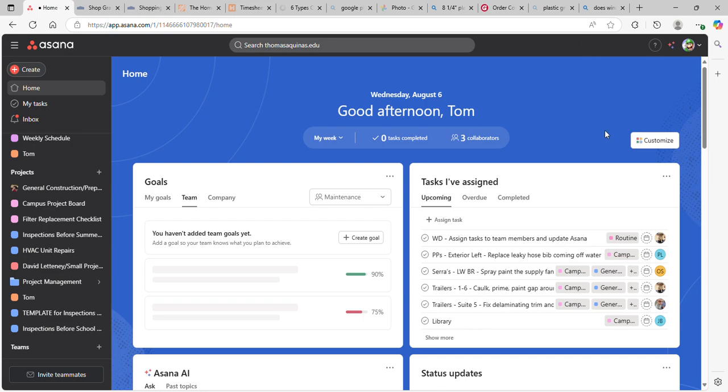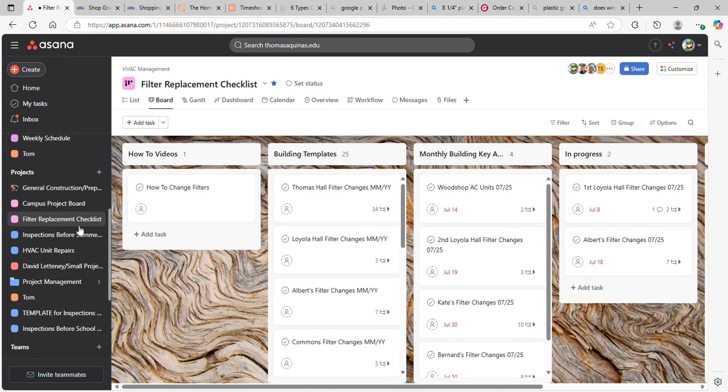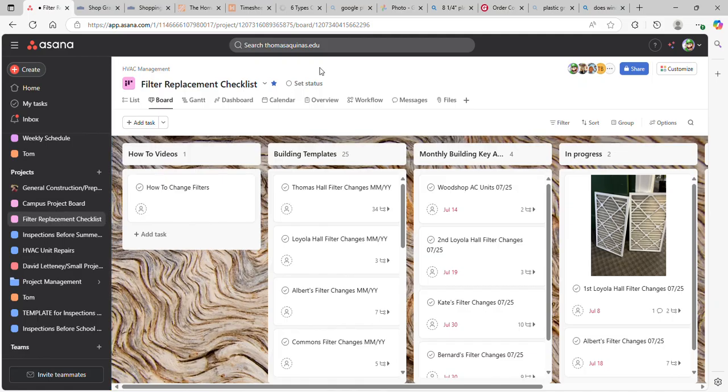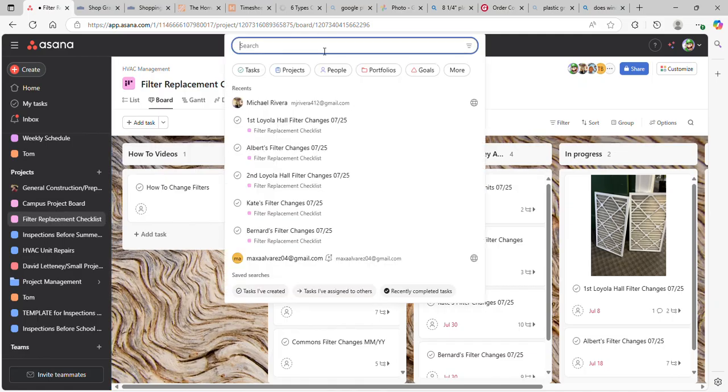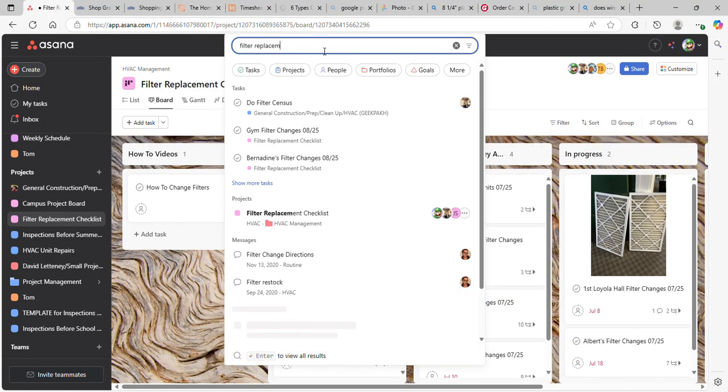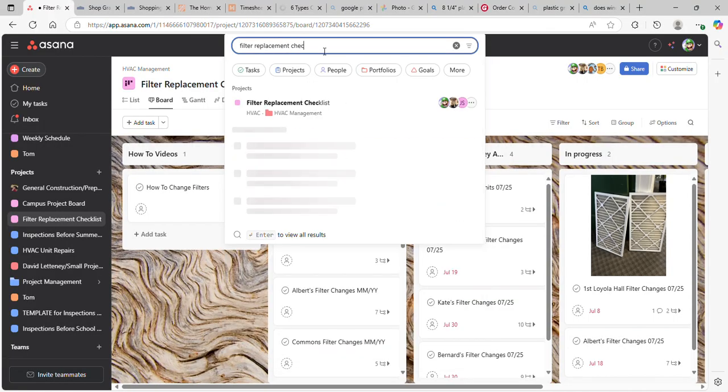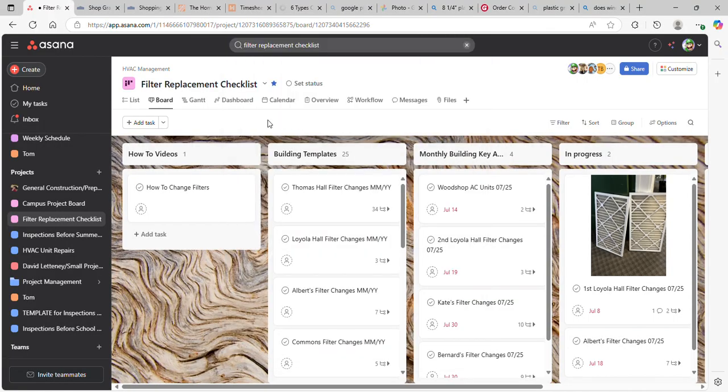So to initiate a new filter replacement month, to start a new month of filter changes, navigate to filter replacement checklist, or you can just search it in the search bar. Filter replacement checklist. There we go. All right, so here we are. Now basically,